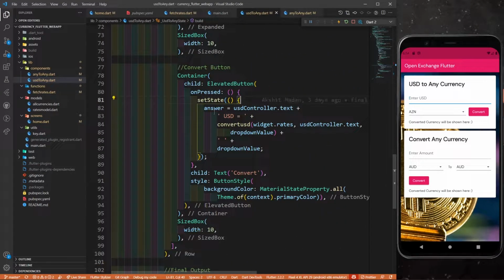So now let's move on to this part. When I'm clicking this elevated button, it is going to call a function called convertUSD. So let's go to this function. You can see that this function is taking some values. What are those values? It is going to take the map of widget.rates, which contains all my rates.